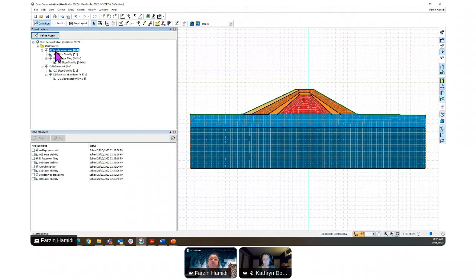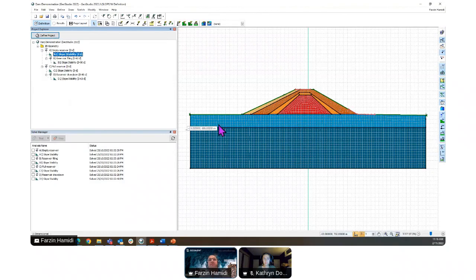There are two SEEP/W analyses, so in this project tree you will be able to see a SEEP icon here, and this project also has the stability analysis after the SEEP/W. So you can import this SEEP/W information into a SLOPE/W analysis and run the analysis. I will show you later how to do that, but I just want to explain what we are aiming to reach in this project.